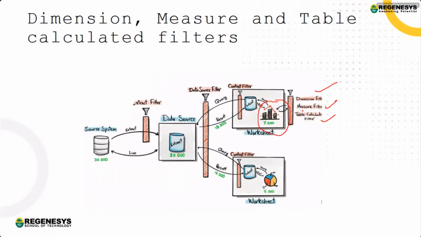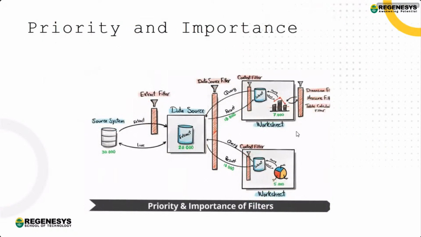Similarly, for measure filters, if I apply any filter on the measures, for example profit or sales, I want to check sales greater than 1,000. I'm not taking all the sales. I am applying a filter that it should be greater than 1,000. So all the sales greater than 1,000 come up with this filter. This is applied at the level of a graph or chart or analysis which we do. That's why it is very useful and widely used, because it will not disturb everything. It will just give you the actual data which is required.